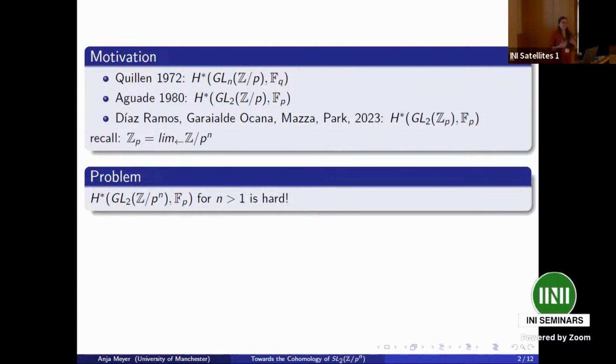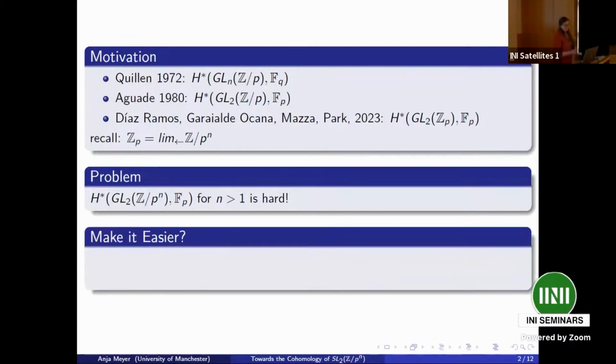So let's try to reduce the problem ever so slightly. What can we do to make it a little bit easier? Well, we can look at SL_2. That is a normal subgroup of GL_2, so we could put it into a short exact sequence. But this still leaves us with the problem that there are many of these. Another possibility could be the subgroups. Earlier this morning, Marcus told us about the stable elements method. So maybe going via the cohomology of the p-subgroups we could get somewhere. But again, it leaves us with this big problem that there are infinitely many of these groups.